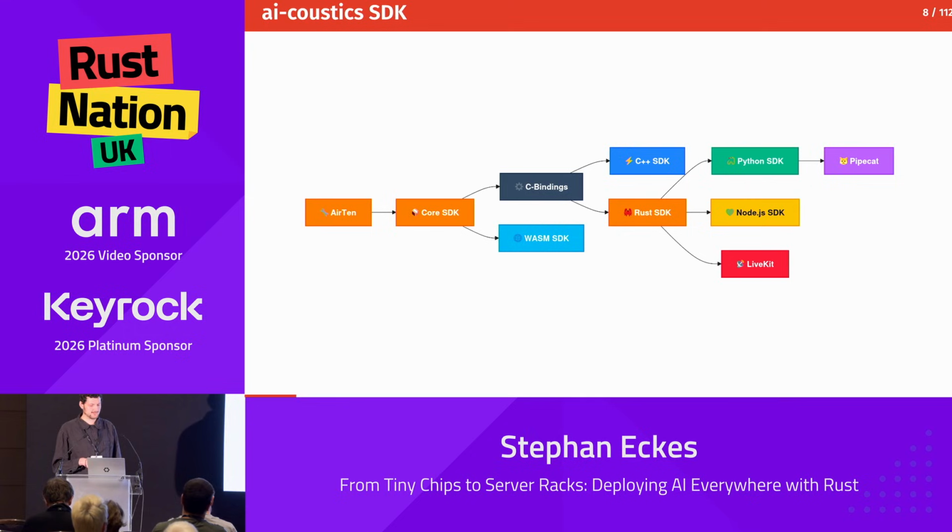And now it's quite a complex product. So we have Airtem, which is an inference engine, then the SDK, which has elements and one best. And this part is private, and then everything from here is public. So we have bindings, we have the Rust SDK, and from the bindings we have other languages. You might wonder why we don't build Python directly from here.